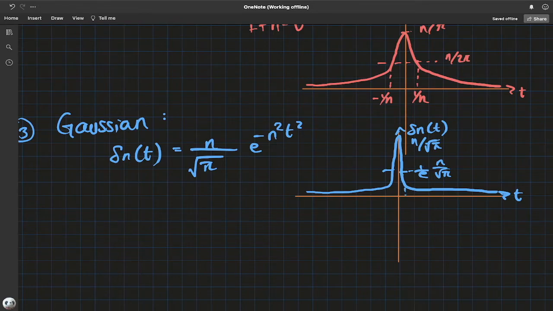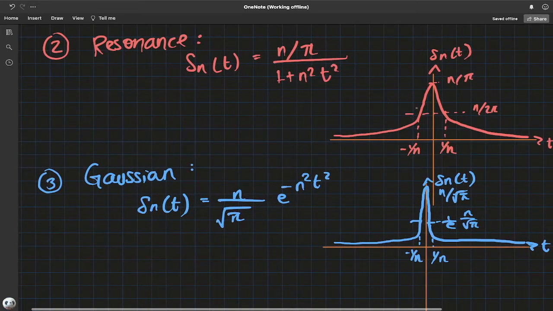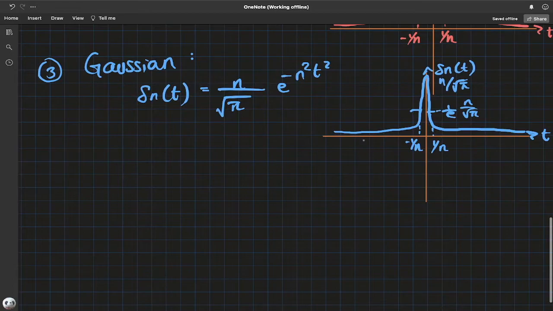That's the y value for 1 over n, and same thing for negative 1 over n. So if you take the limit, you sort of see this peaking out, pretty similar to the resonance, the inverse tangent case. Okay, so